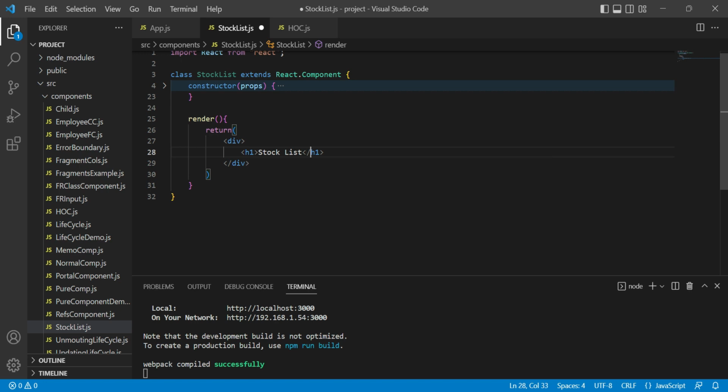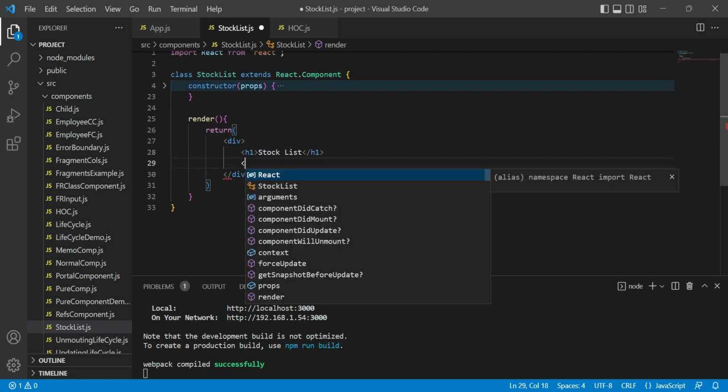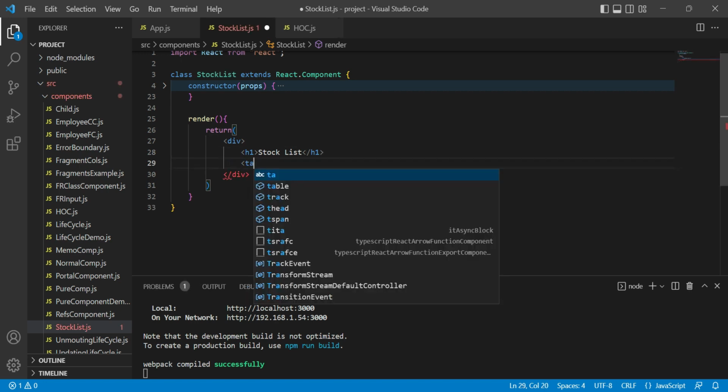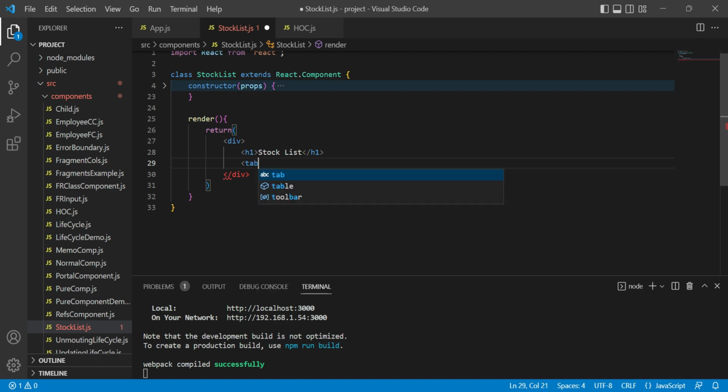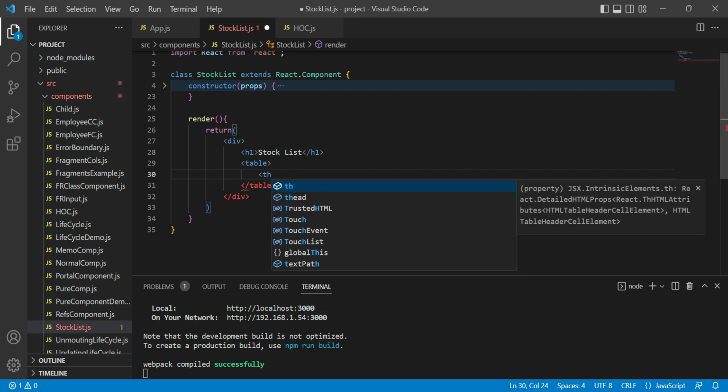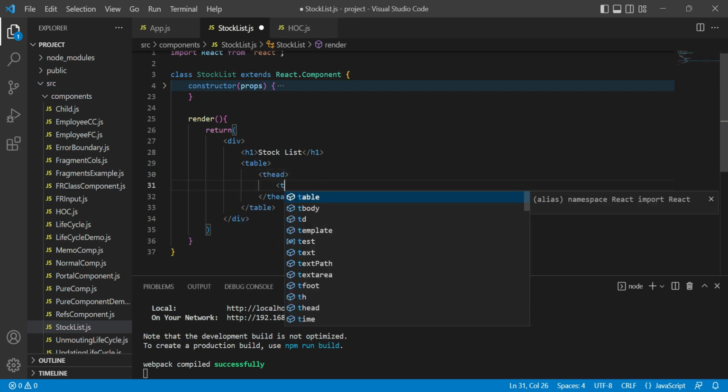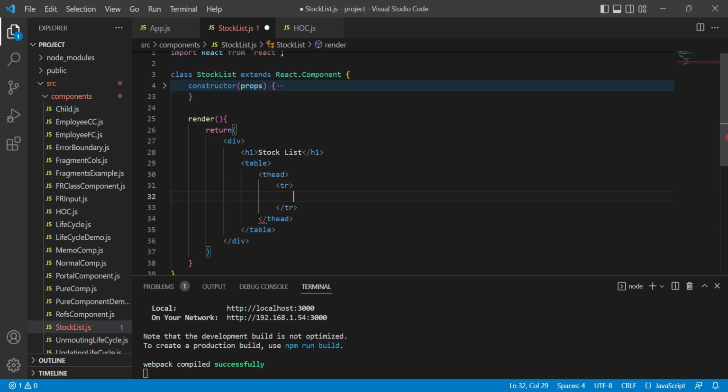After that we will use a table, thead, tr, th id, th name. All right,